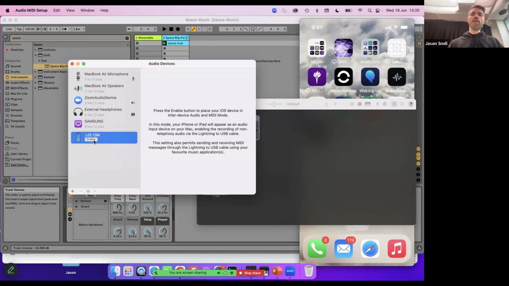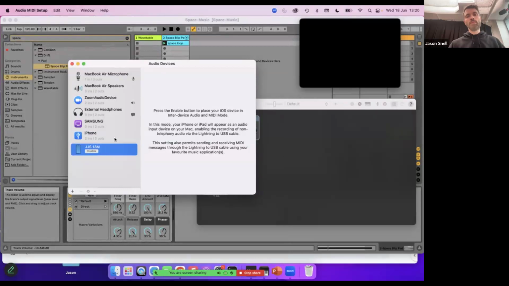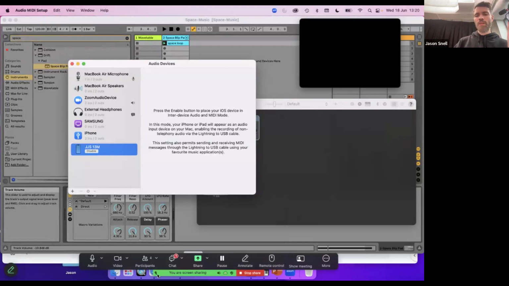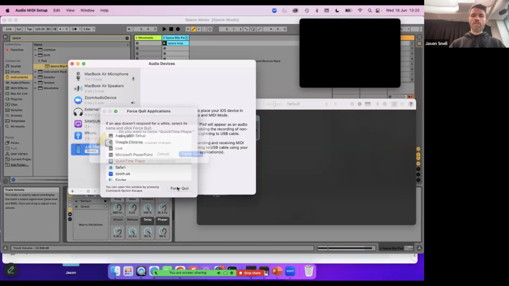So when it's plugged in, this button pops up and it says enable. So I've plugged it in and I'm going to click enable. Oh, and then I lost the feed. That's interesting. So it looks like QuickTime, as soon as I enabled it as a device to send data into Ableton, I lost my QuickTime feed. It looks like they're not able to work in unison. I will try rebooting QuickTime Player and see if